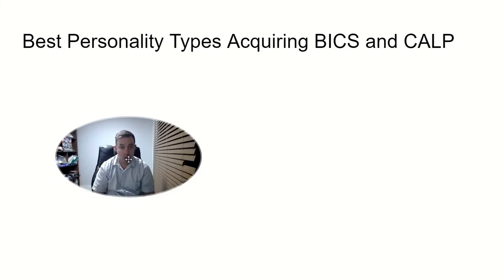And finally, what do we need to succeed in BICS and CALP? What do our learners need? Well, they need a certain aptitude, which is, they need to have a certain ability for language, but also we know that certain personality types are going to do well with BICS and CALP. As we talked about in class, one of those,